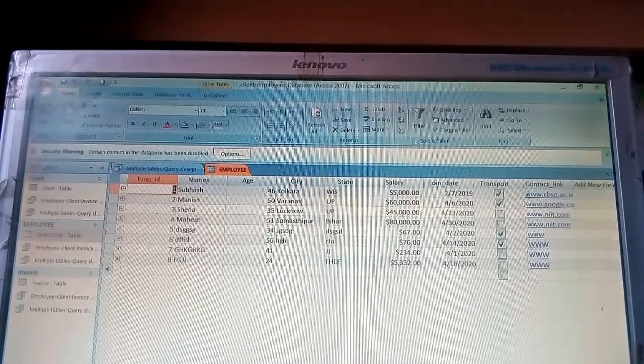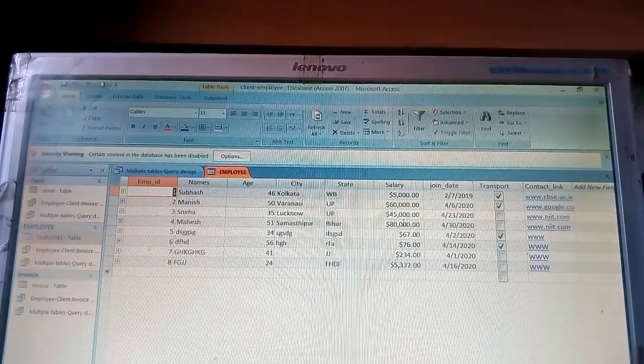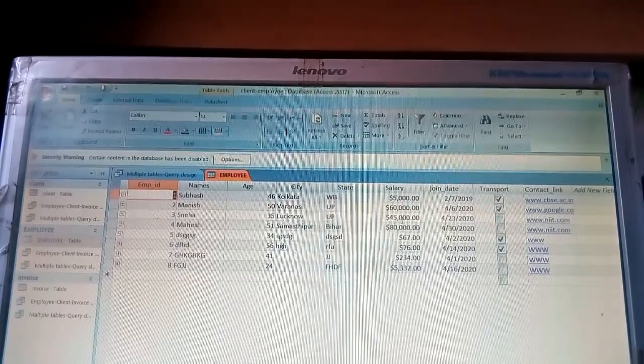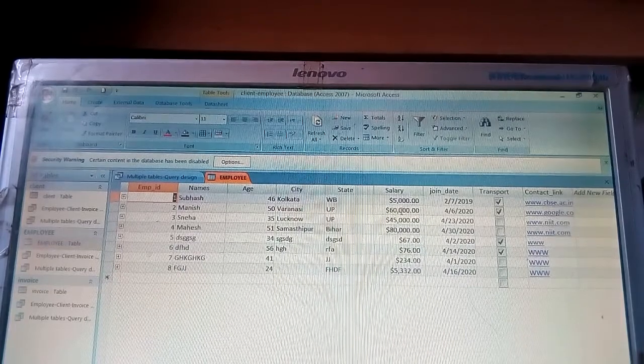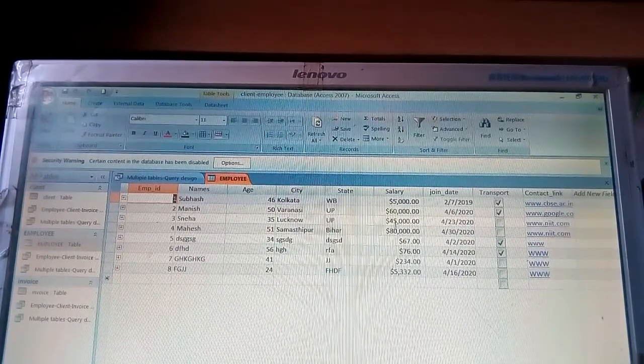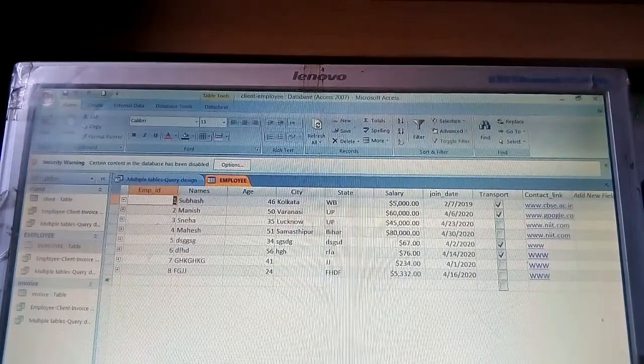Suppose I want to see greater than 40,000. Okay, but here is no export, so it will not come. Here only 60,000 comes. 80,000 is also here, 45 and 80, but it will not come. Let us see.